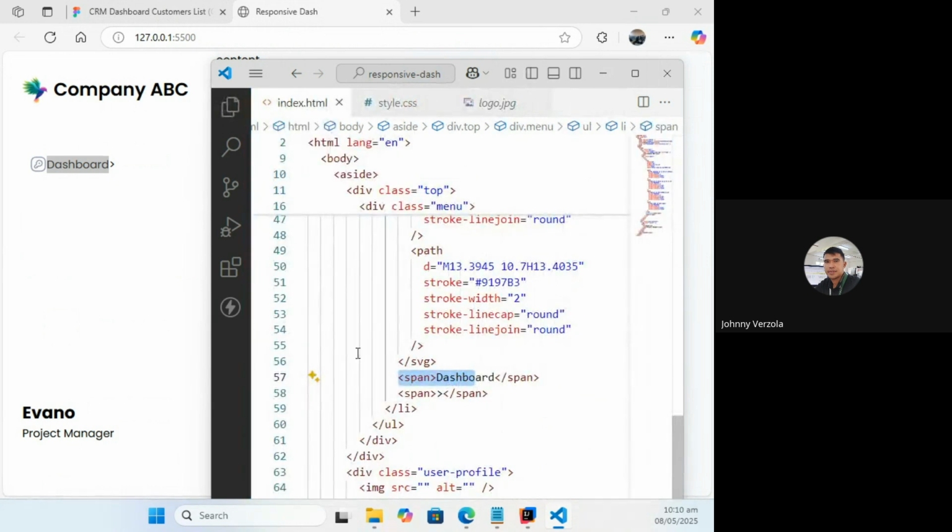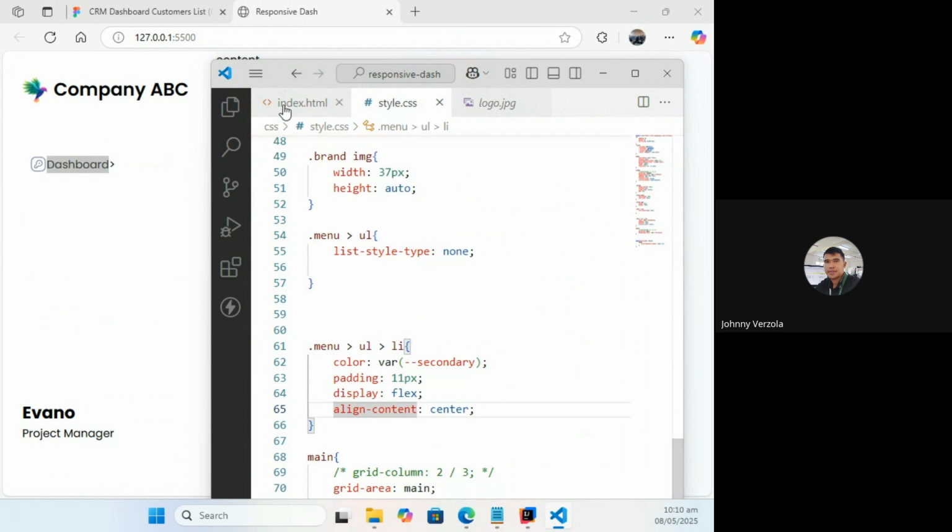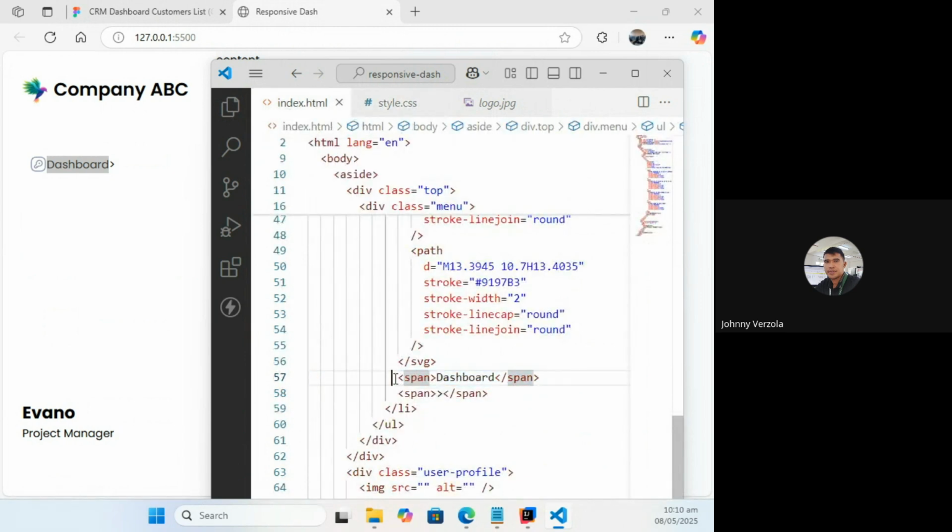How can I target that without using a class? Can you give me the selector for that? I will target this and set its flex grow to 1 so that it can use the remaining spaces that are not taken up by the logo or the icon and then the angle bracket.